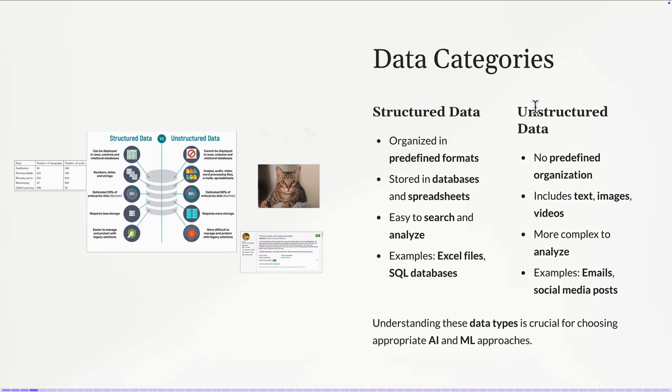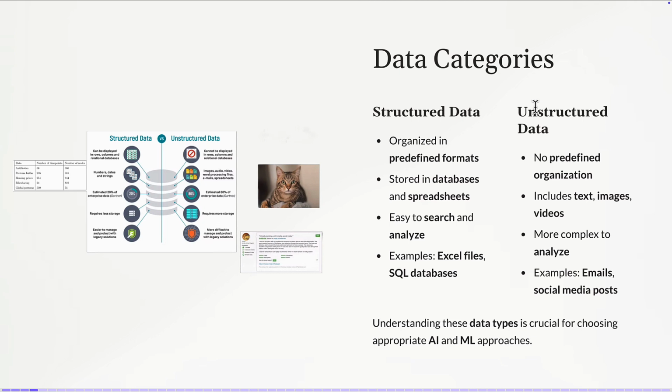So before going deeper, we need to understand what is data and what are the categories of data. We have two types. We have a simple type of data, which is structured data. For example, you have a table or a CSV file or a database table. This is something simple. It's structured. It has a certain number of rows and a certain number of columns. And I understand pretty much the semantics of every value inside this data.